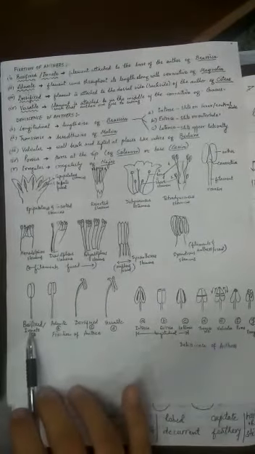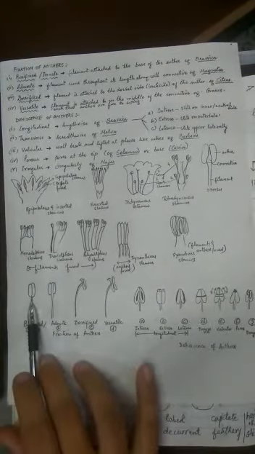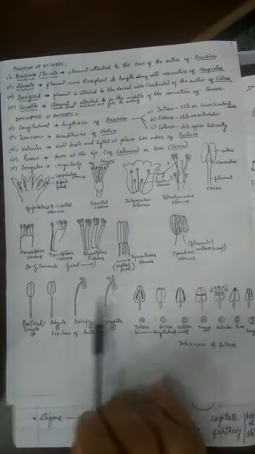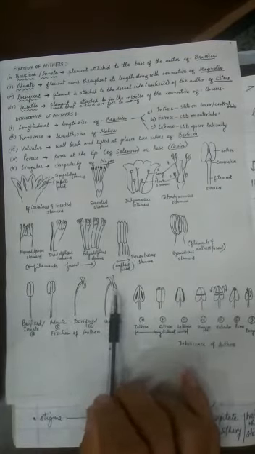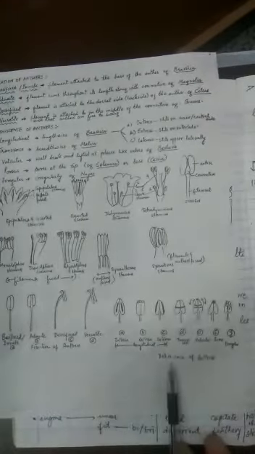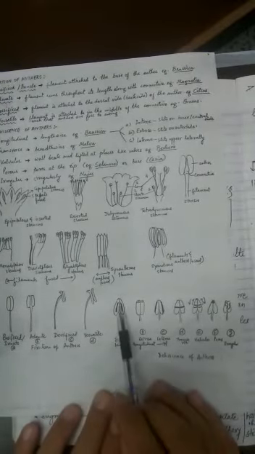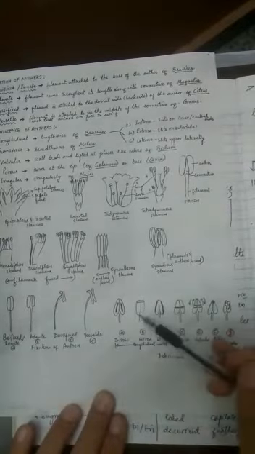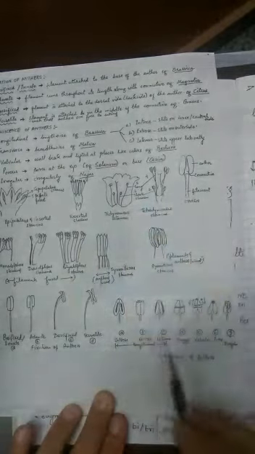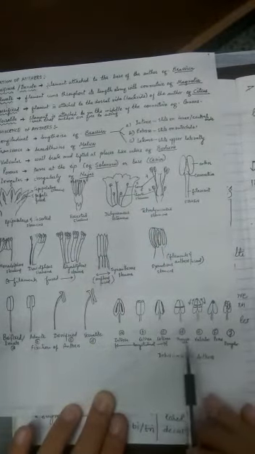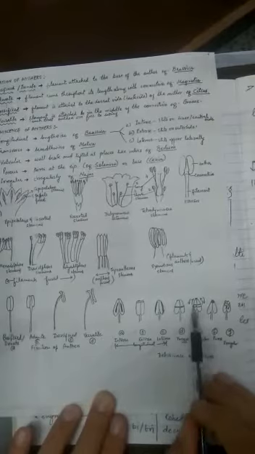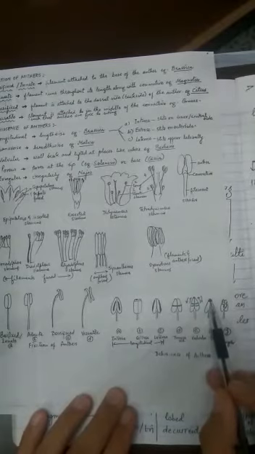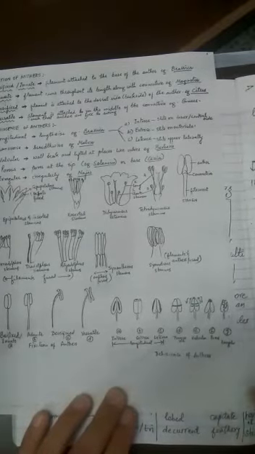Now the next one is basifixed. You can see at the base it is attached. Adnate, attached throughout the length. Dorsifixed, dorsal surface attachment, one point of attachment. Versatile, same thing, but two lobes are free to move. Now these are the various dehiscence possible. It may dehisce in a longitudinal manner, towards the inside, introrse, towards the opposite side, extrorse, which I cannot show because it is towards the back side of the sheet, laterose towards the corner side. Transverse method, valvular, that means something like a lid will open to expose the pollen grains out, porous, where holes may develop, and then irregular, any manner of dehiscence.